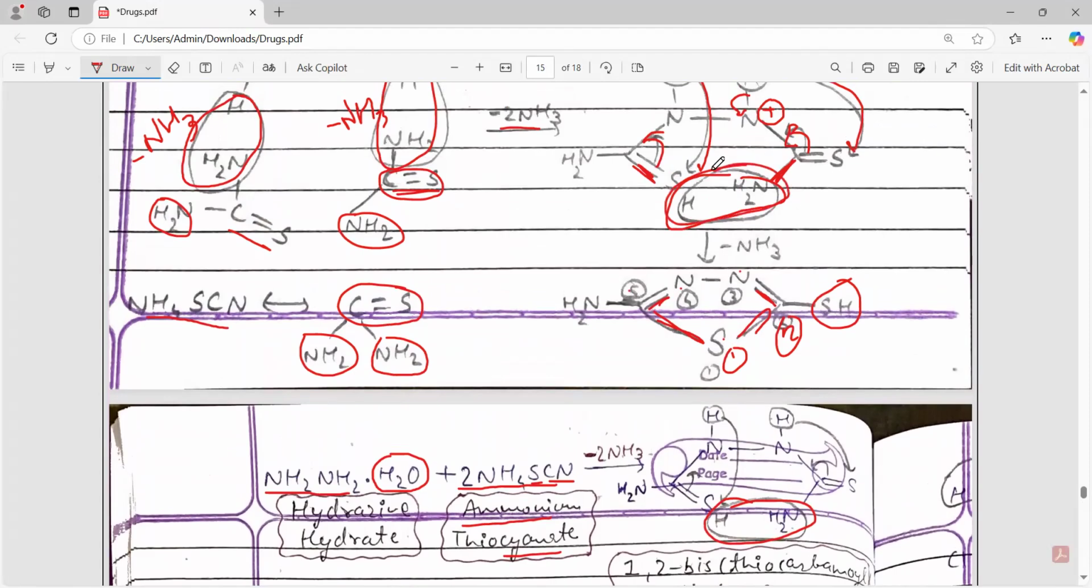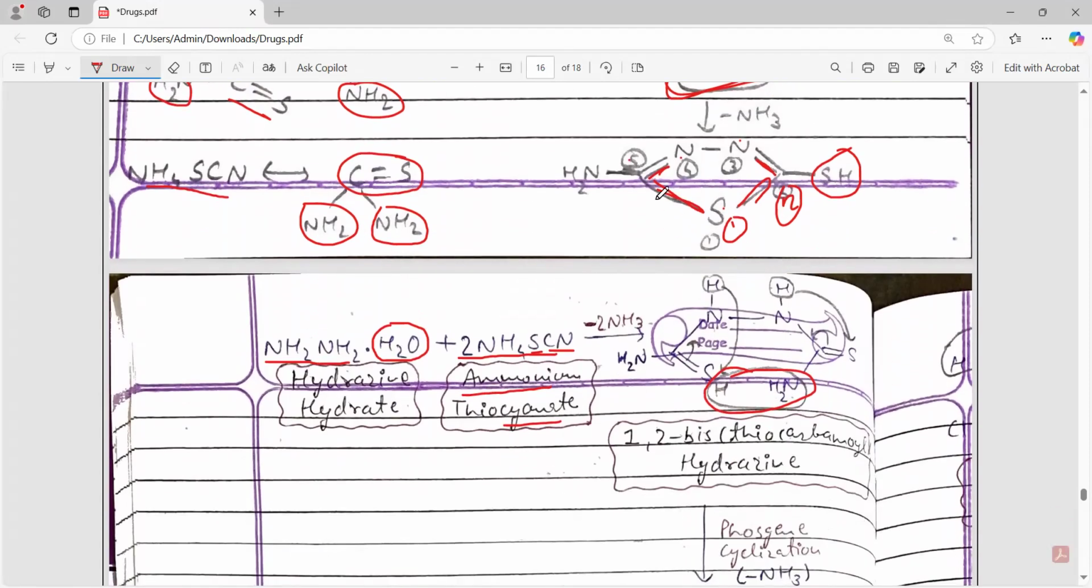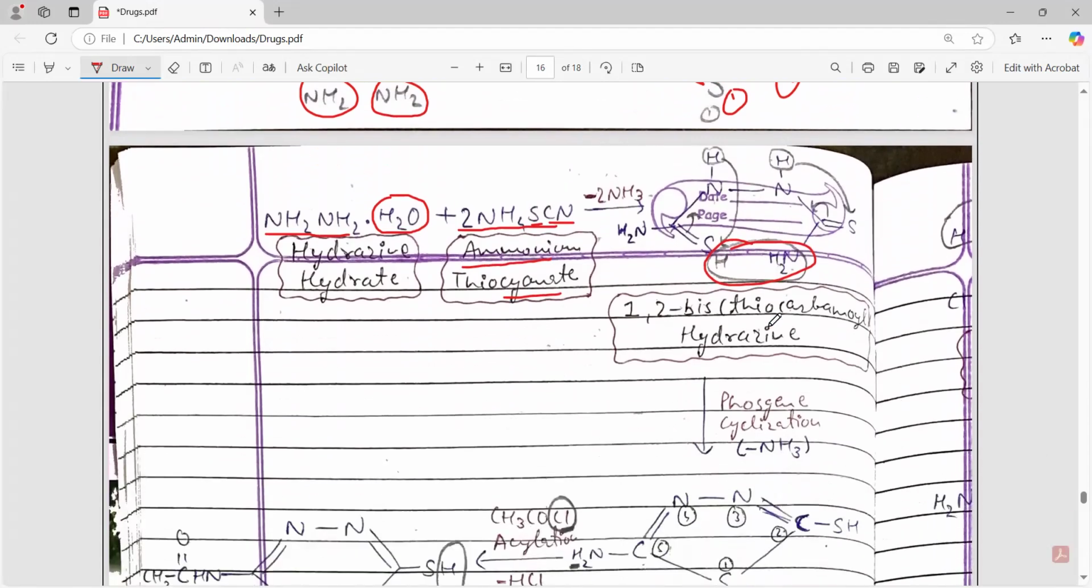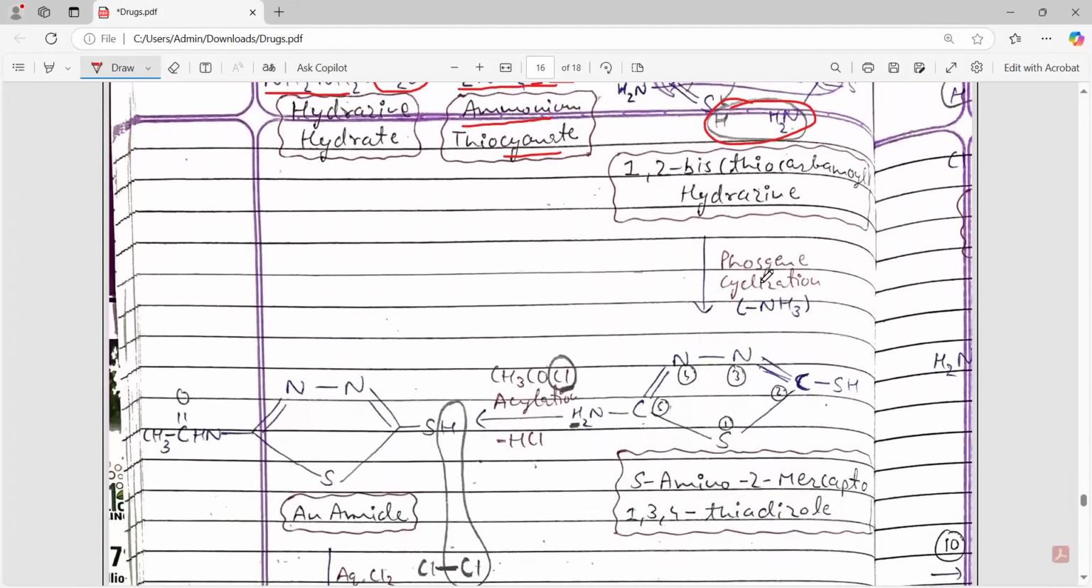This NH3 group will be removed like this, giving a closed ring structure containing sulfur, a 5-member ring. This is cyclization, minus NH3 group. So here we are numbering: starting from sulfur 1 number, 2 number, 3 number, 4 number, and 5 number. So the 5 position has an amino group. So 5 amino,